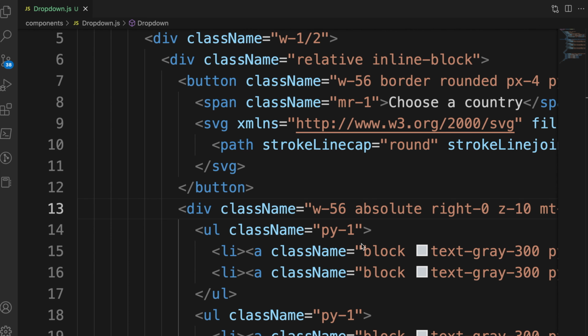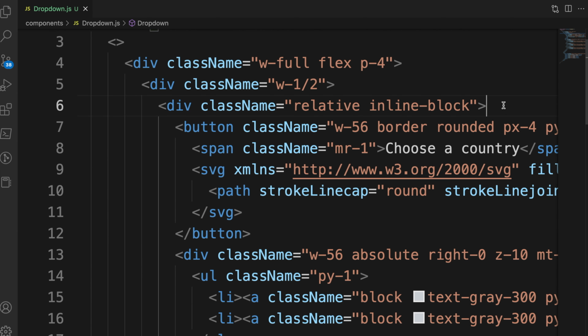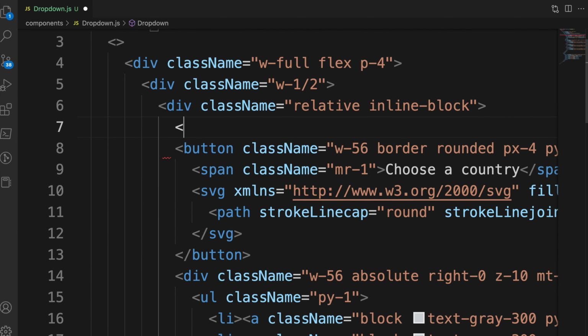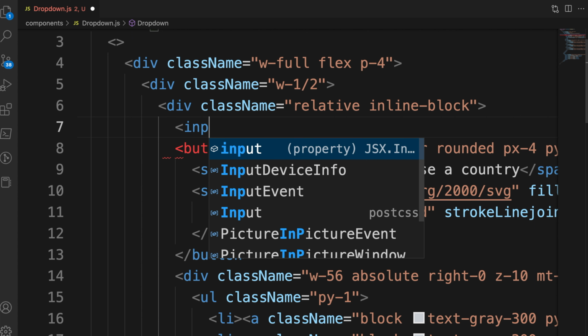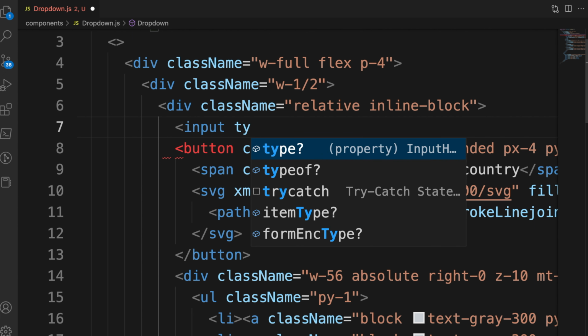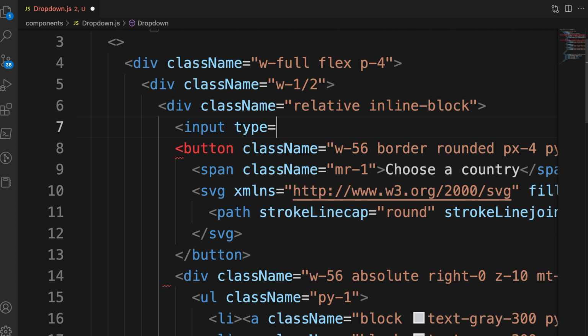So when using the just in time mode classes, first we need to add the input type checkbox. So here we add input type, and for that we will add checkbox, and we need to add the classes, and for that we will add